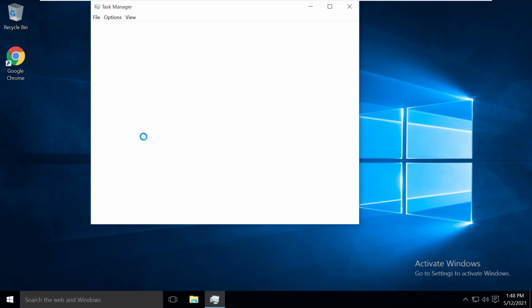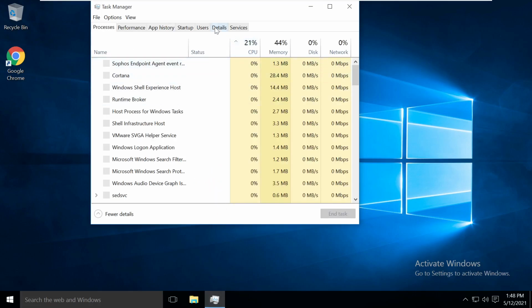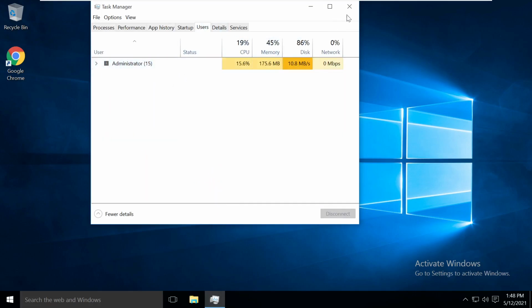Let me go to the task manager, and you can see under the users we are logged in as an administrator.